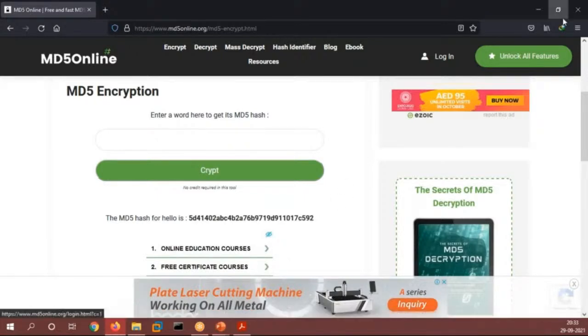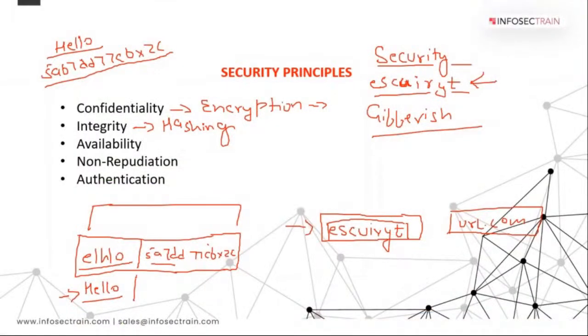So your receiver has found that. Now the hash the receiver calculated, and the hash that your sender has sent. So which hash has the sender sent? This hash, right?